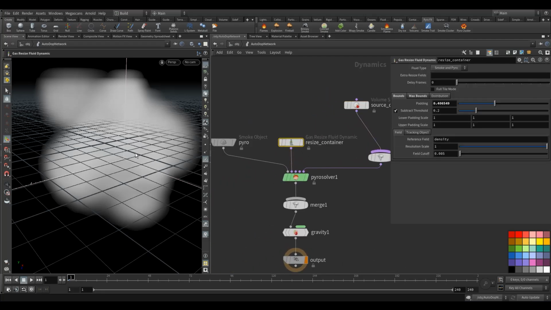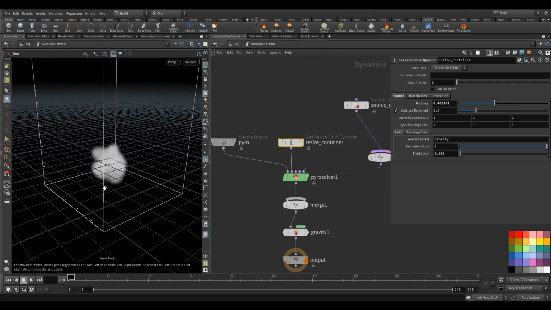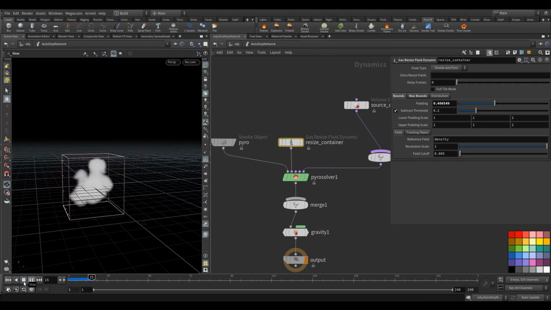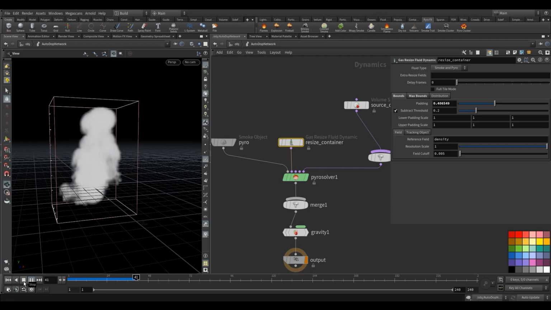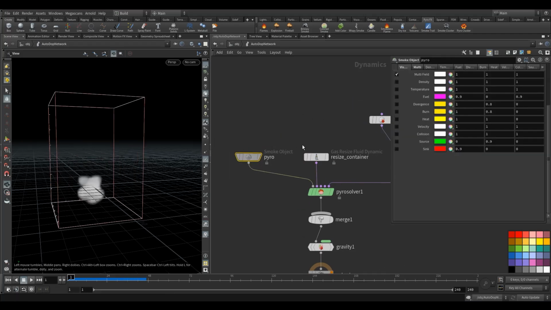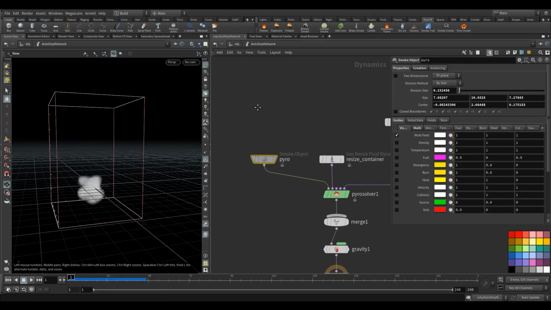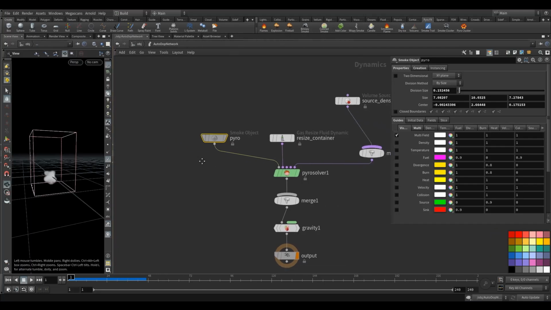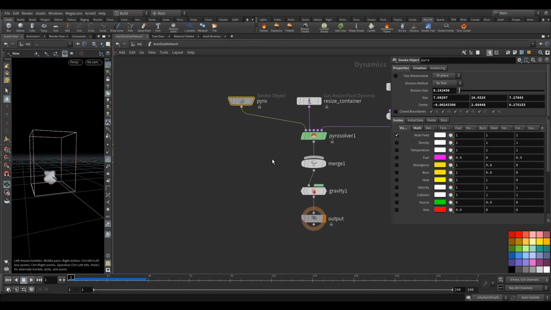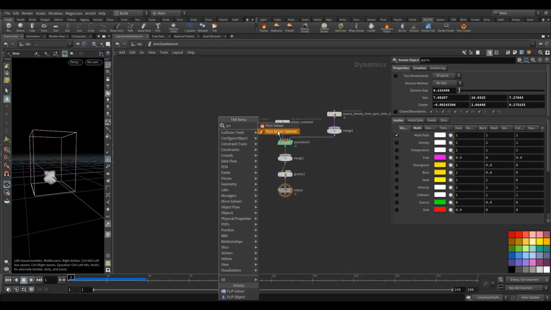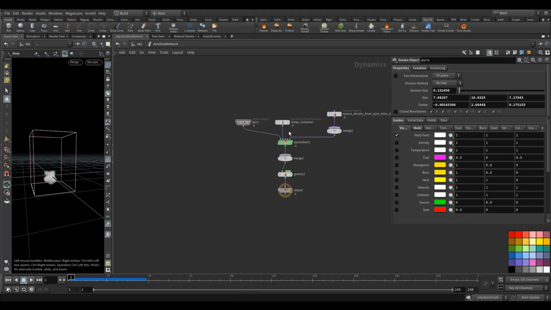You can bring them in from different places. We've got this resize container thing. This really now is kind of not necessary, and I'll explain why in a minute. But what it does, you can see, is resize our container. And then pyro here, we got a smoke object. So yeah, these shelf tools here are not really old, but older than. If we just go into here and start typing pyro, we got the pyro solver sparse, which is